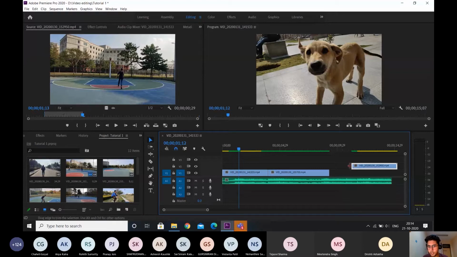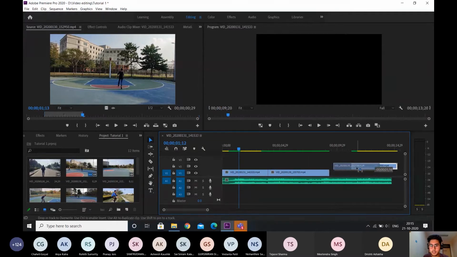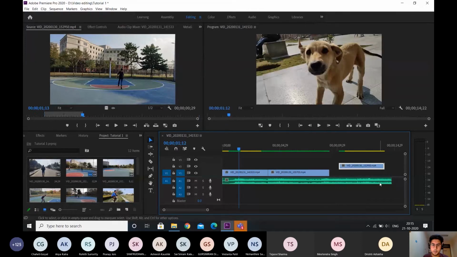So basically if I want to put this part at the ending of this part, suppose that when this video clip ends, I want this video clip to begin from there. So I'll click on this video clip, keeping in mind that my snap tool is activated. And how to check if it is activated, this magnet icon should be blue in color. If I press S, it's gray and the snap tool is not activated. In that case, this video clip will glide smoothly over the timeline anywhere. So if I press S, now the tool is activated. You can see it is blue in color. I'll drag it and it snaps into position.